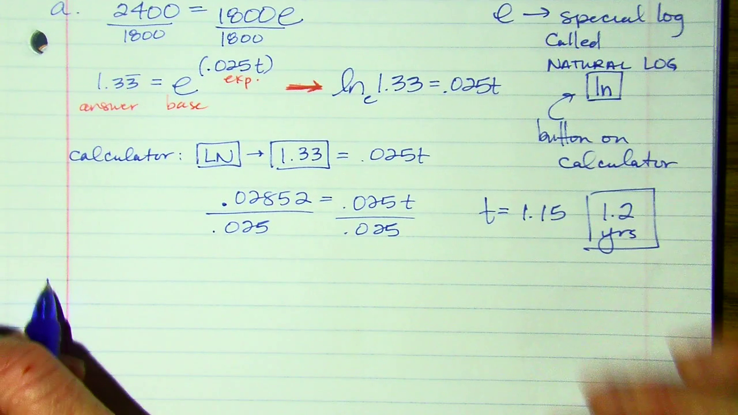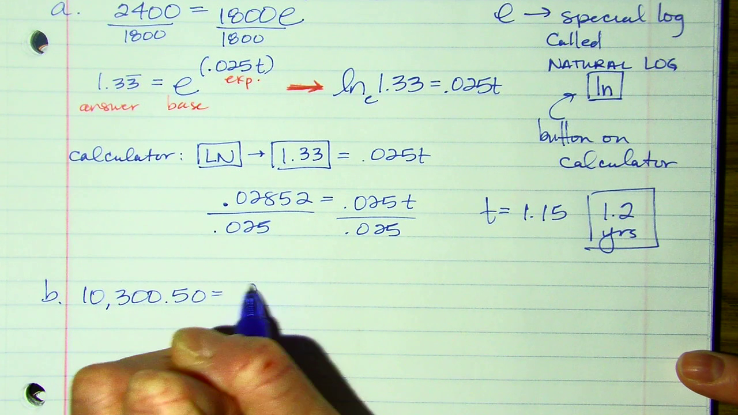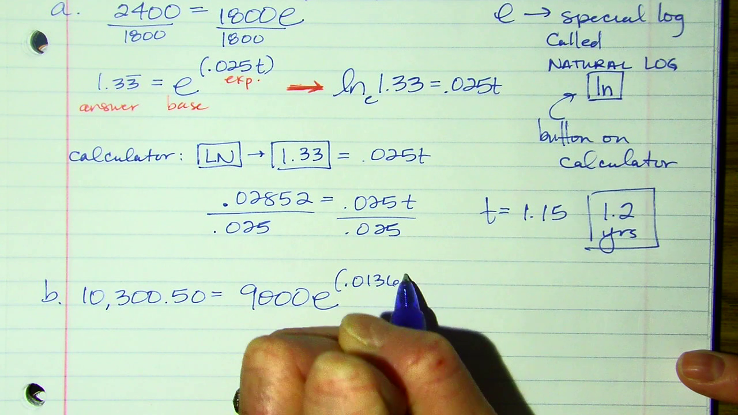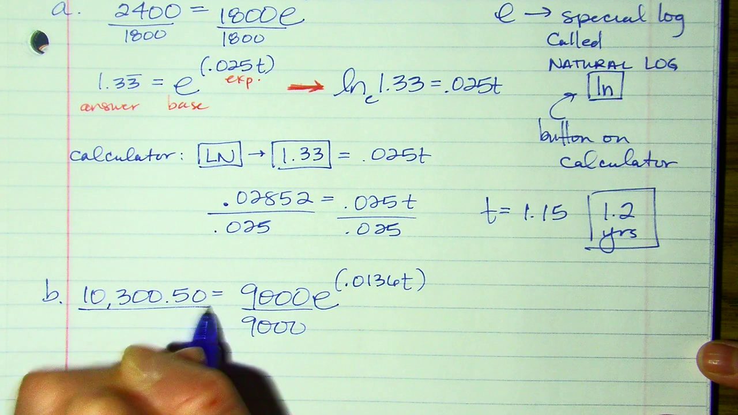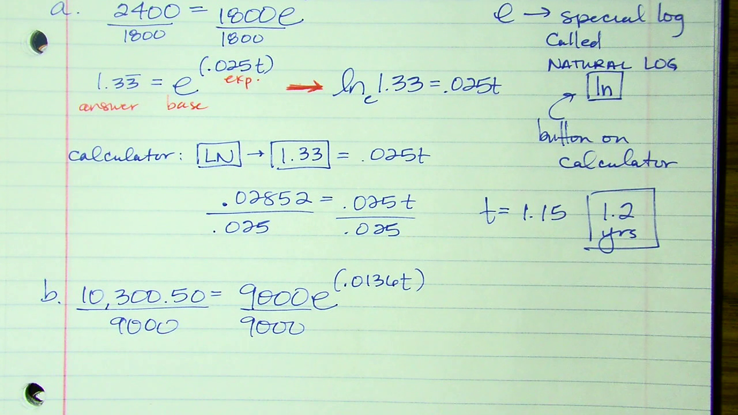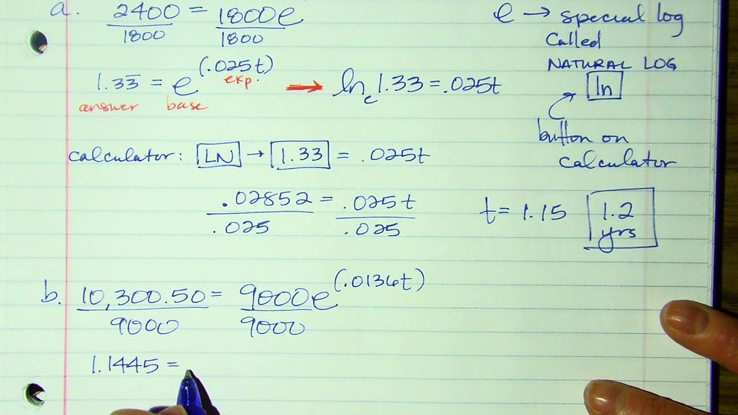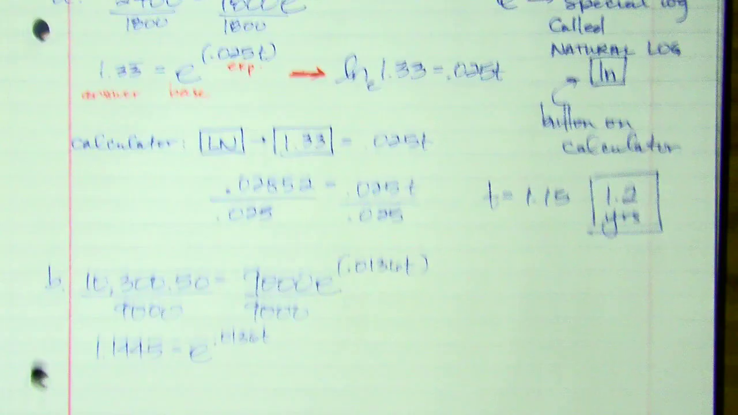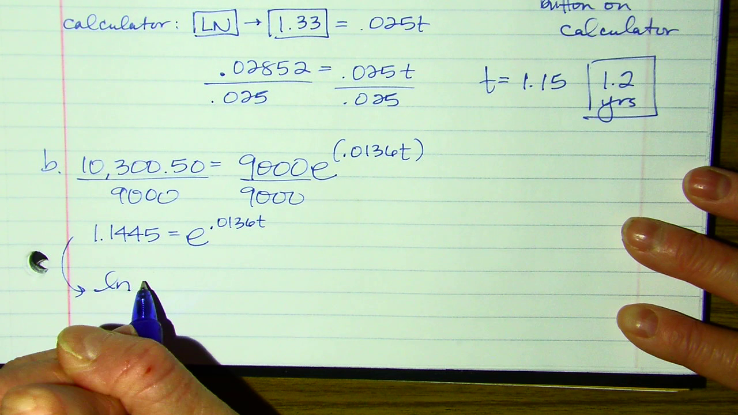Last part, B. If I want $10,350 in my account and I deposited $9,000 times e, my rate is 0.0136 and I'm solving for t. So remember, first thing I'm going to do, divide by 9,000. And I got 1.1445 equals e to the 0.0136 t. So I'm going to rewrite this to be the natural log of my answer